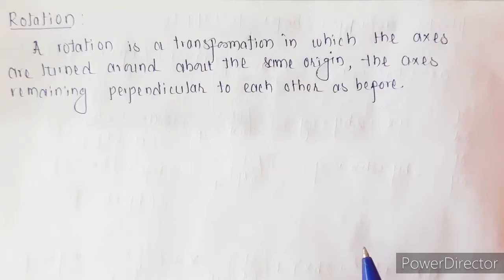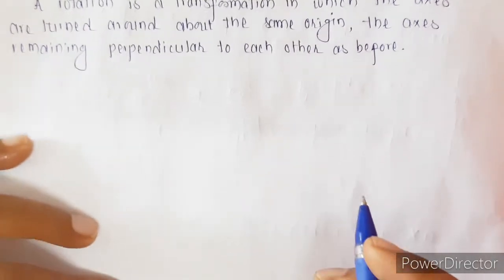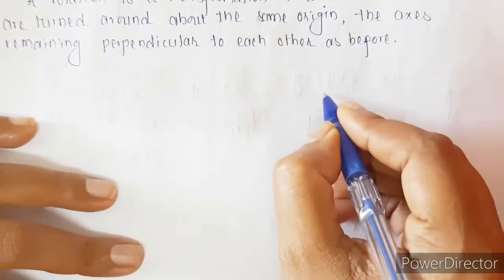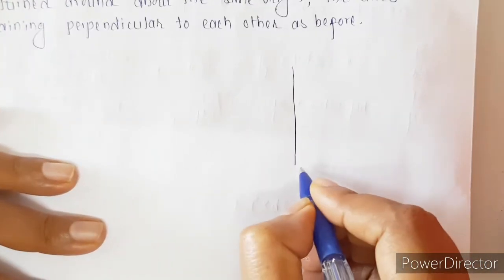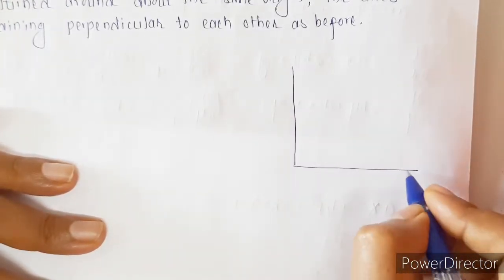The second topic from transformation is rotation. Rotation is a transformation in which the axes are turned around about the same origin, and the axes remain perpendicular to each other as before. So what it is saying is, if these are the original axes,